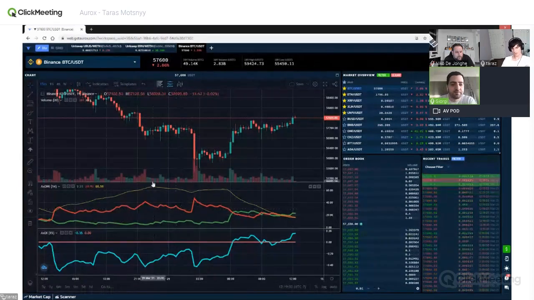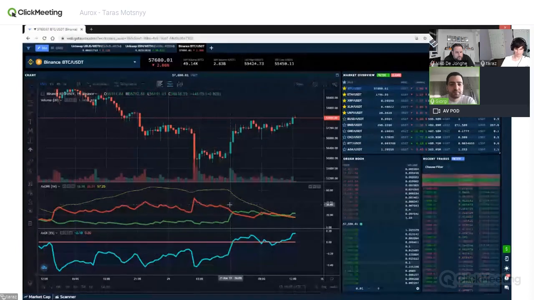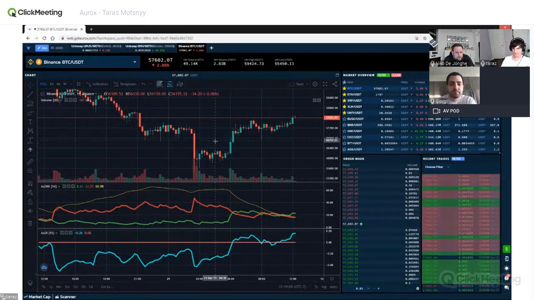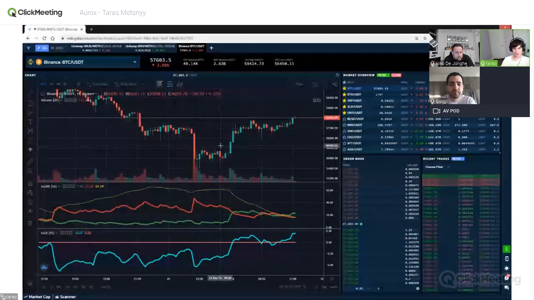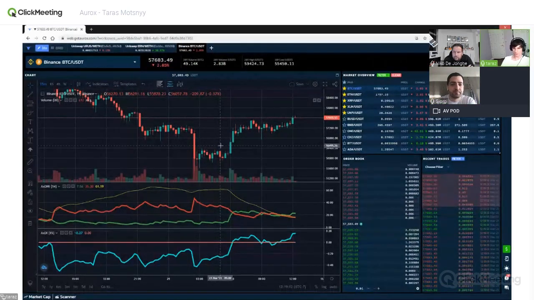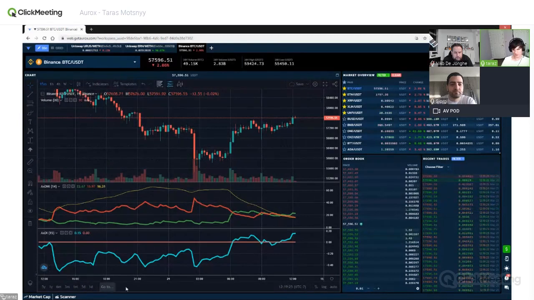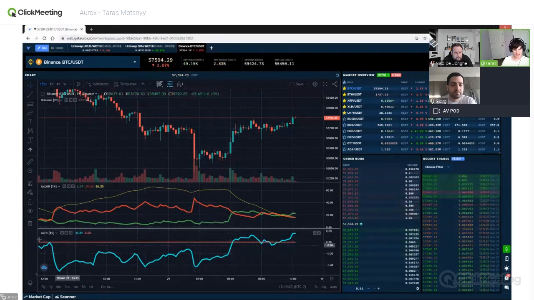Yeah, so the Aurox indicator, the one that we just showed, is great on the higher time frames. You can use it as a standalone indicator on the daily and the weekly for your trades. But the lower the time frame you go, the more your trading needs to be based on price action and momentum. And this indicator right here, the AXDI, it's called the demand index. It shows you the